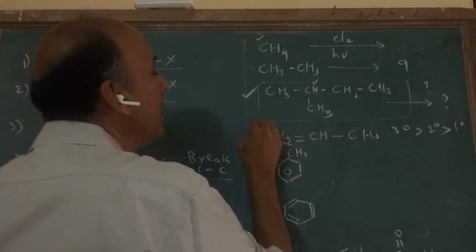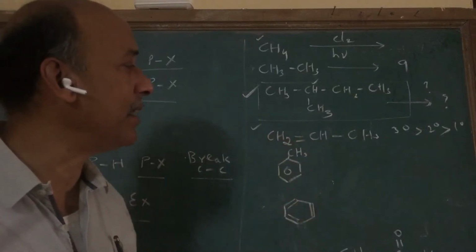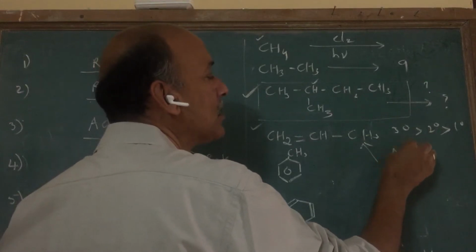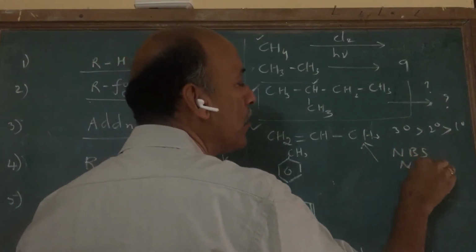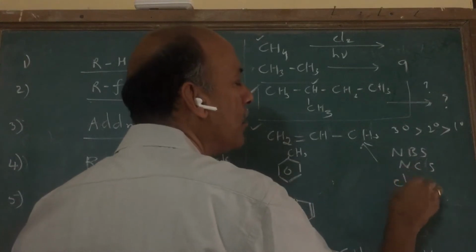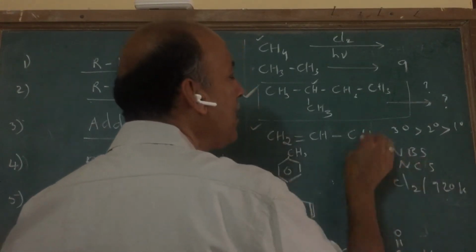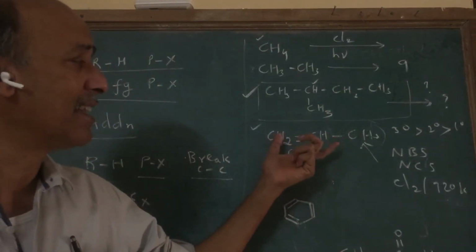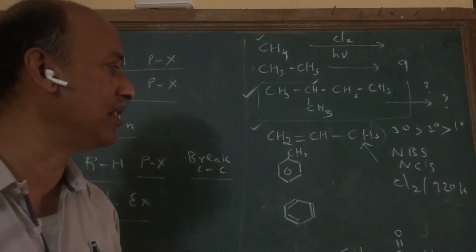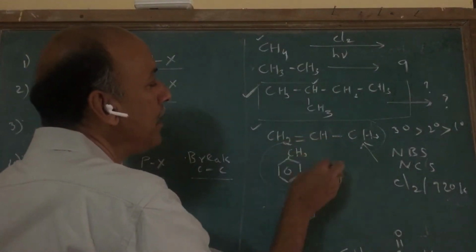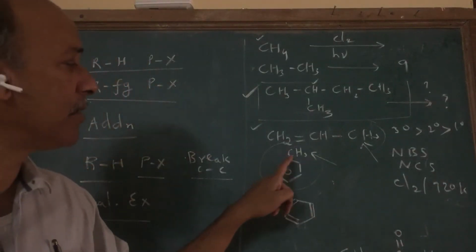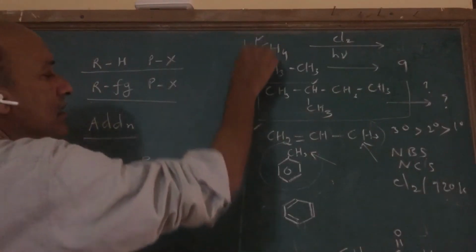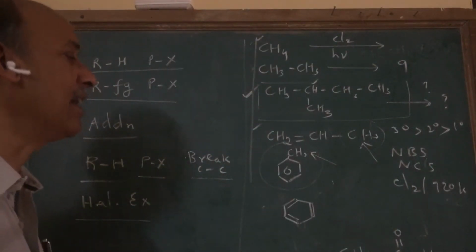Keep that aside. In the case of alkenes like this propene, you can replace this particular hydrogen with a halogen using something like N-bromosuccinimide or N-chlorosuccinimide, or say chlorine at high temperature. This type of replacement of sp3 carbon hydrogen from a propene-like system is called allylic halogenation. If you are replacing hydrogen of the sp3 carbon of this toluene, then this is called a benzylic substitution. All these are usually free radical reactions.